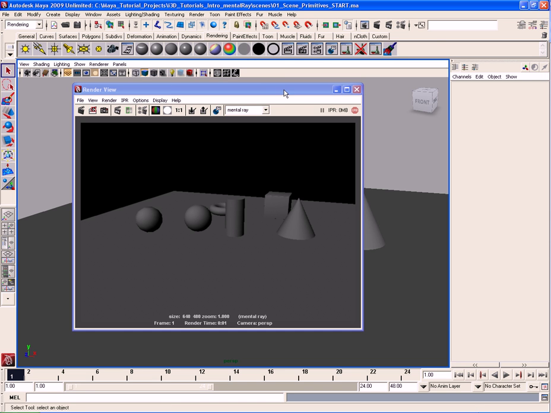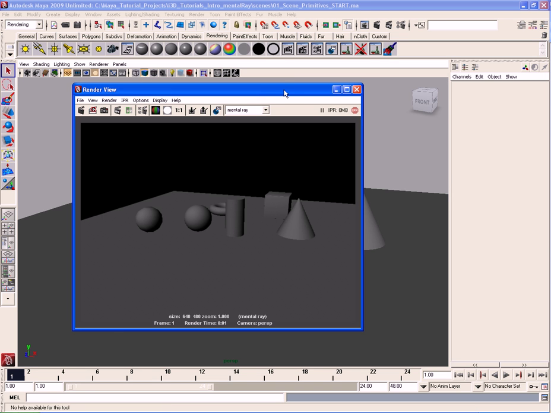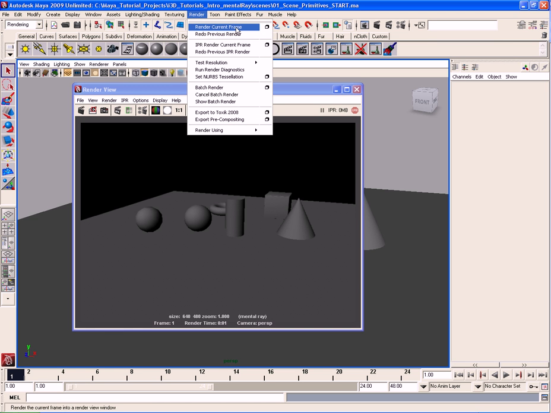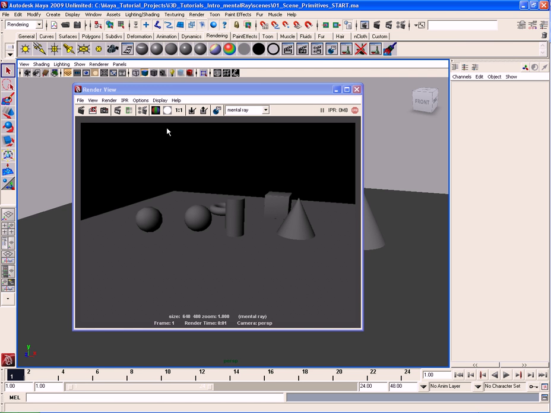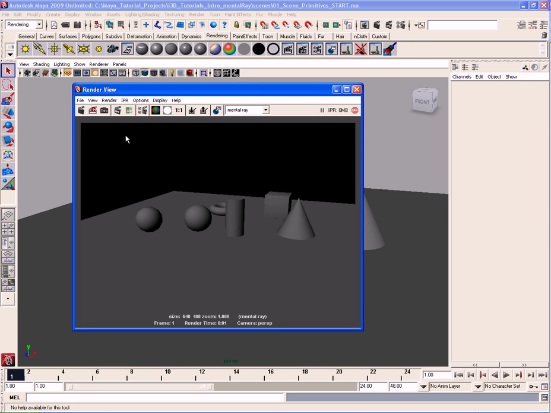So there's literally about 4 ways that you can render out. You can hit this button here on the shelf. You can hit this render current frame button up here in the main menu. You can hit this icon right here for rendering inside the render view window. Or you can even go over here to the